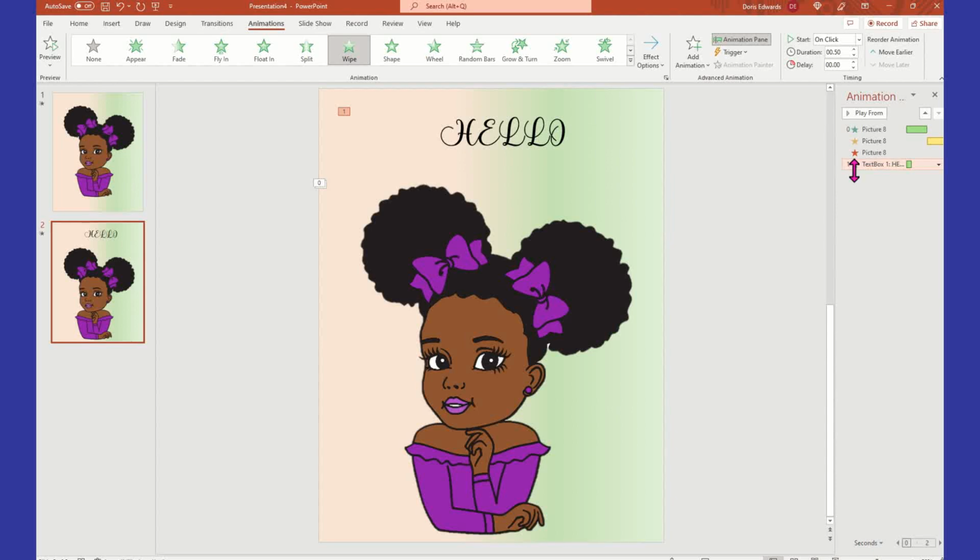So I'm going to click on that option and use these little arrows to tell it that I want it to come first. So you see how it's moving up? And then I'm going to say start with previous. This one is now going to become start after previous, and everything else is start after previous. So now if I click on the text box and say play from,